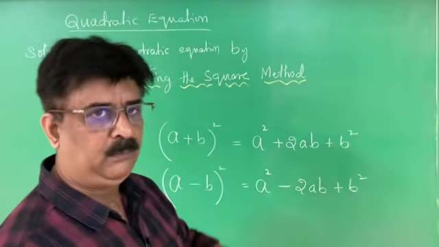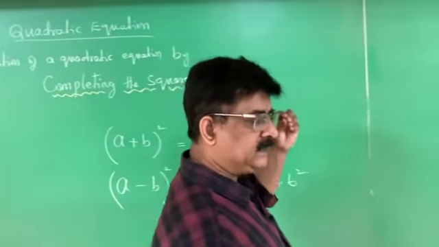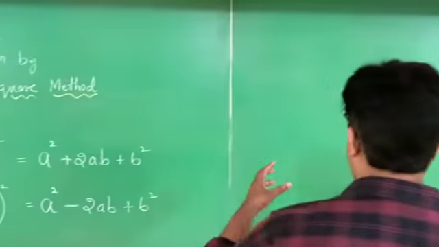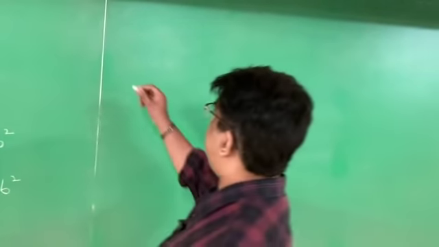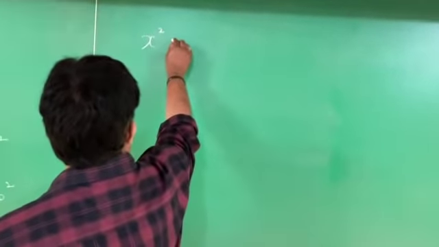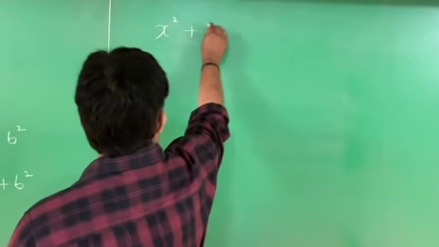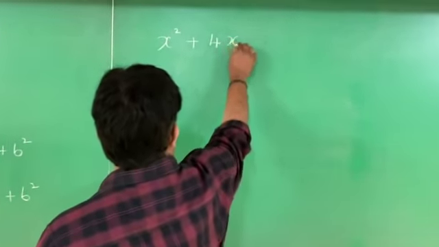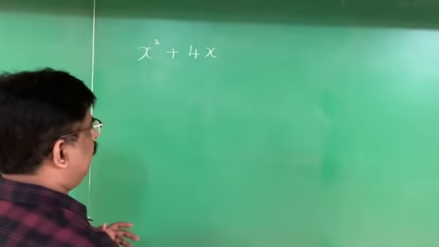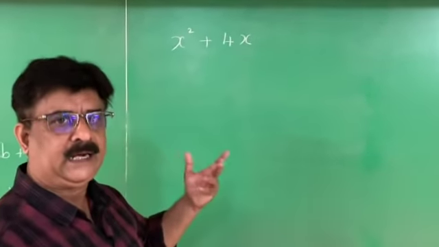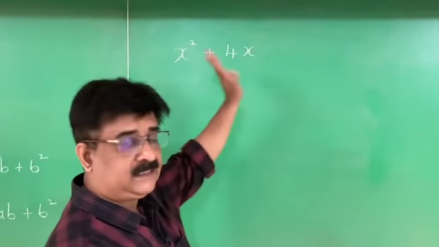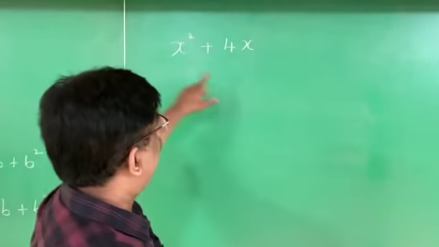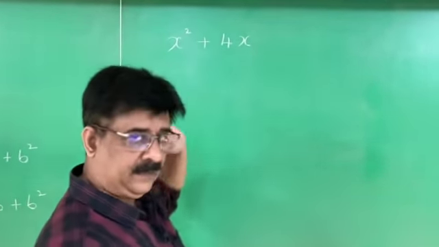Now I write one problem and explain it, as it is a skill part. It is a skill part means students can understand only by seeing. See, I write a quadratic equation. We know the standard form of a quadratic equation. Here x square plus 4x. I teach this particular unit bit by bit, then only you can understand. Now I ask you, here there is an expression, this is not an equation, there is no equals sign. x square plus 4x is there.